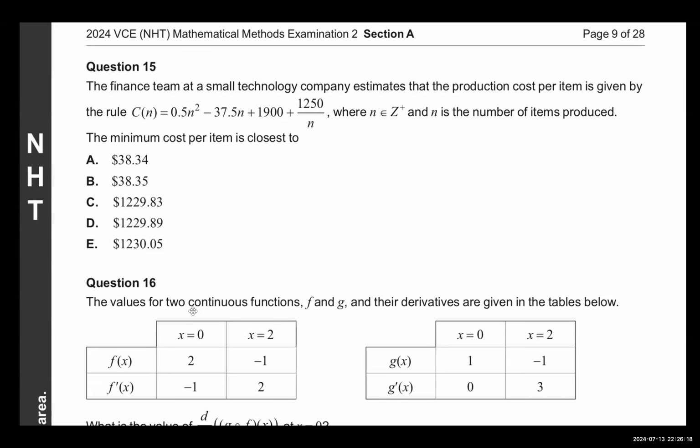And this is strange because this is the second question amongst the 20 multi-choice questions where we need to use a discrete number of values for analysis. So now I've got all these functions. C of n is 0.5 n squared minus 37.5 n plus 1900 plus 1250 divided by n. And I would like to find the minimum cost. Looks like this is another calculator or calculus question. So